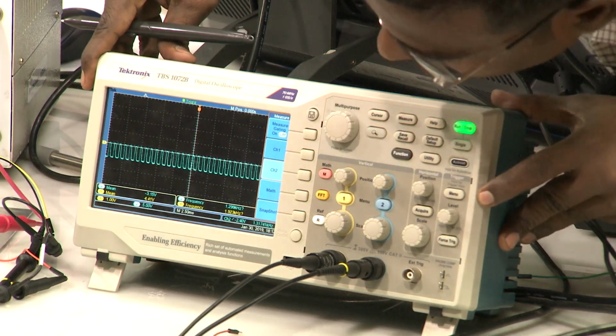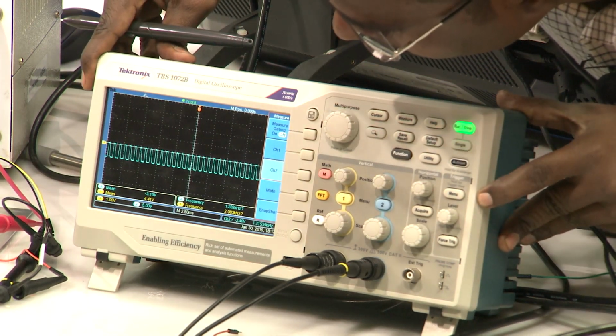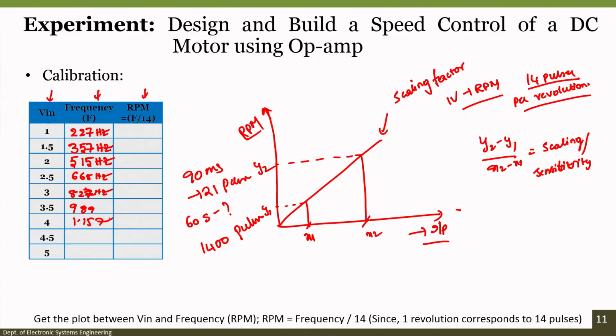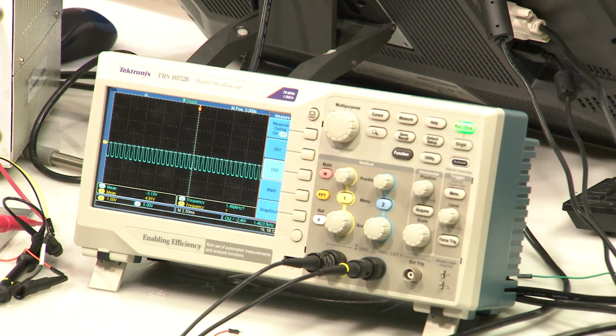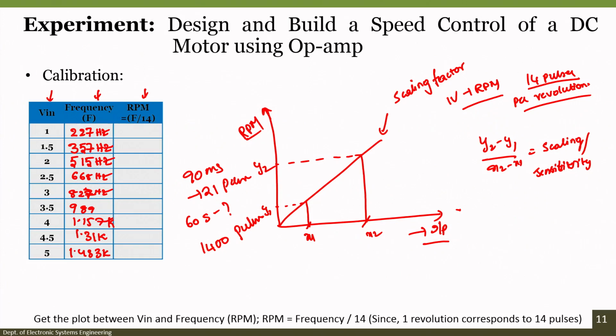When I see the value, it is 1.31 K, this is kilohertz. Then I will go with 5. So it is rotating at a maximum RPM, this is operated at 6 volts. So right now for 5 volts it is 1.48 kilohertz, 1.483 kilo. So we understood the frequency, but unless we plot it on Excel or plot a line graph, we cannot understand whether it is